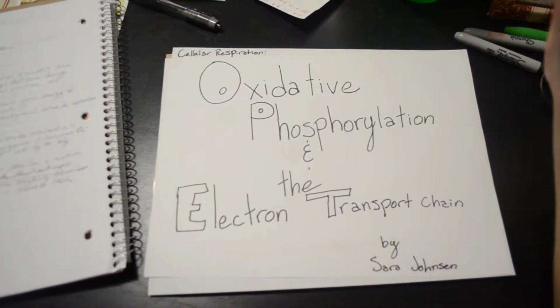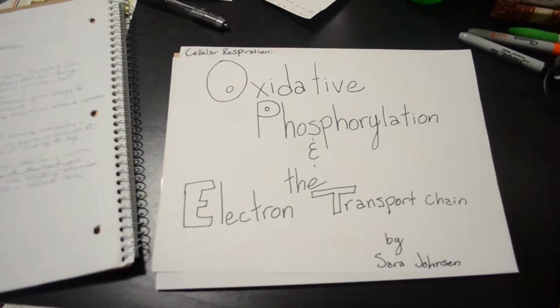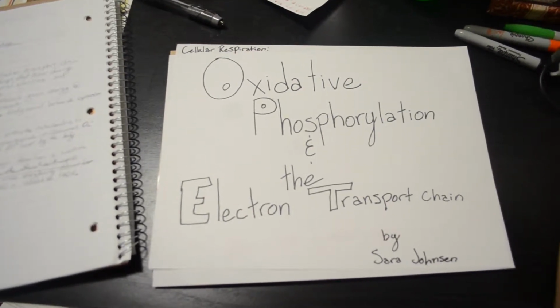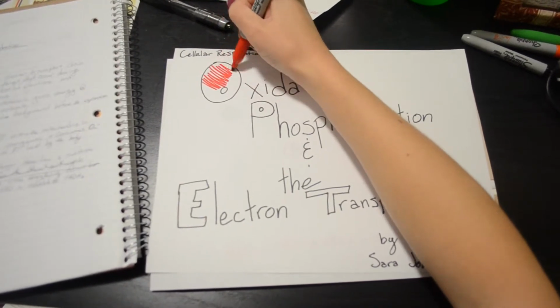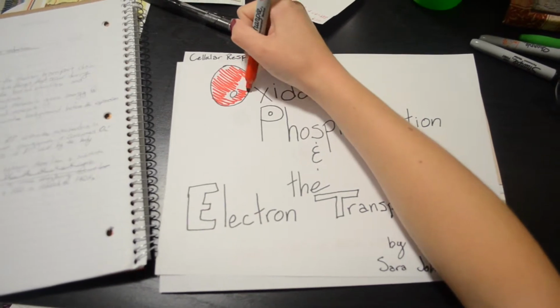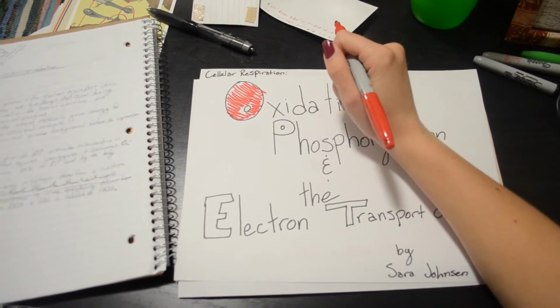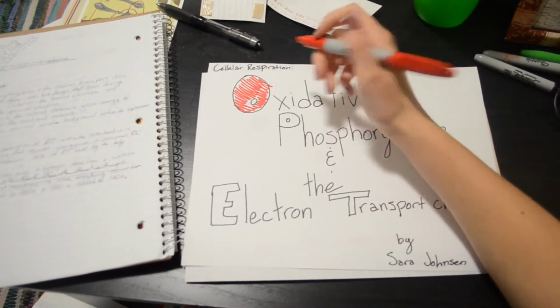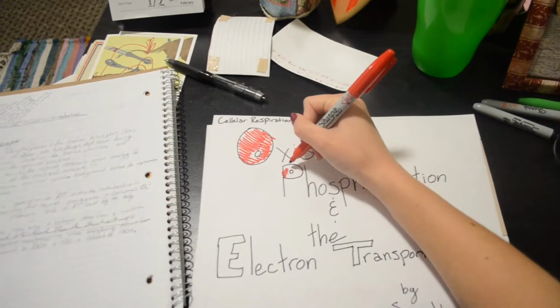So today we're going to be talking about cellular respiration, specifically focusing on oxidative phosphorylation and the electron transport chain. Just gonna color this in for funsies. So oxidative phosphorylation and the electron transport chain is defined as the generation of ATP within the mitochondria in a